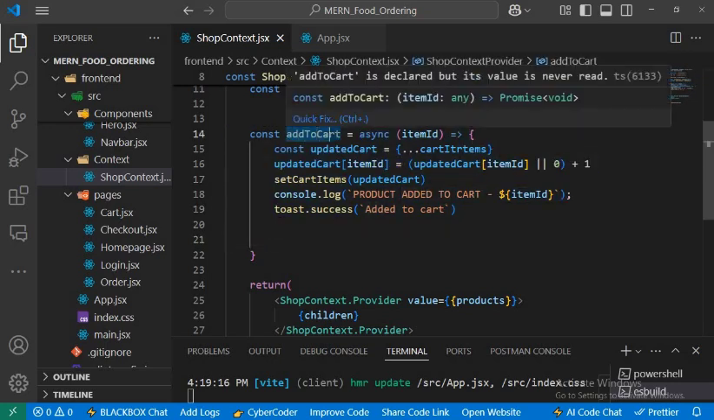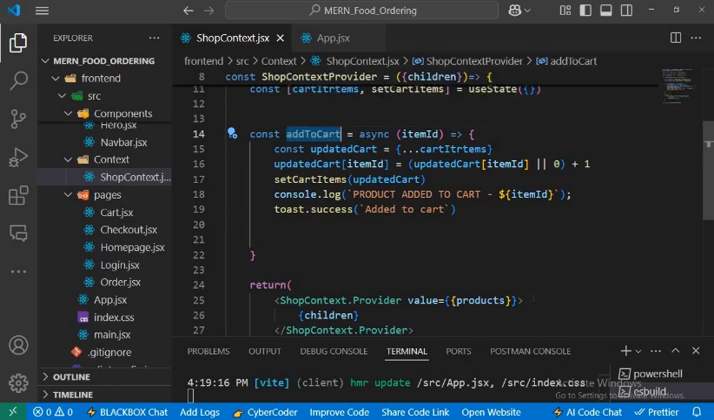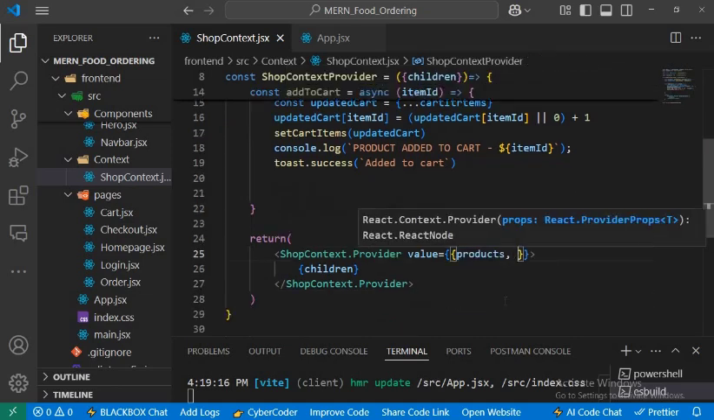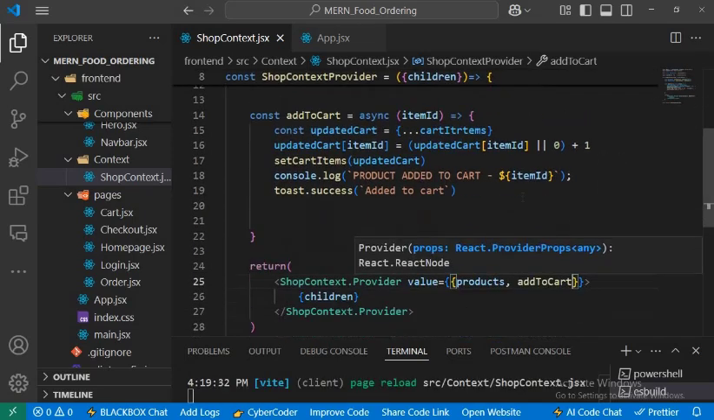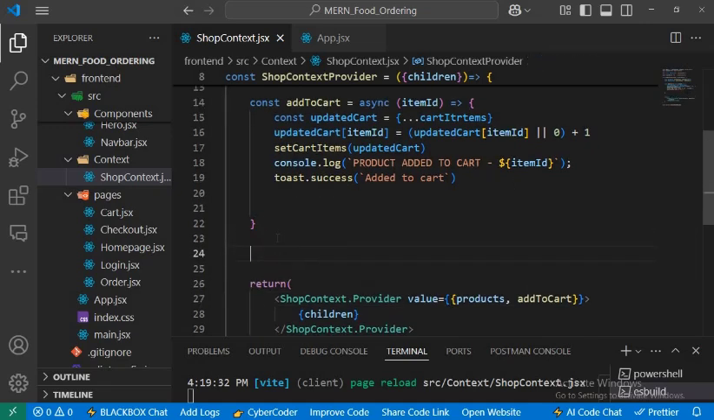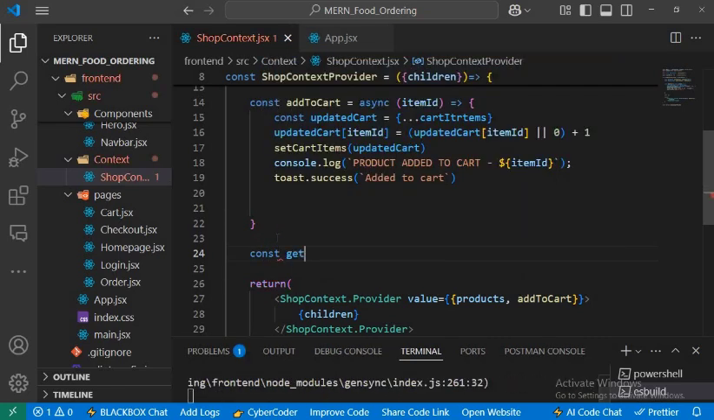Now we'll copy this function here and we're going to add it to our values that other components and pages can have access to. So we've added addToCart here. Next function that we're going to write now is the function to get the total count of items in the cart. So we want to get the quantity basically. That is the next function to get the quantity of items that we have in our cart. So I'm going to name the function getCartCount,